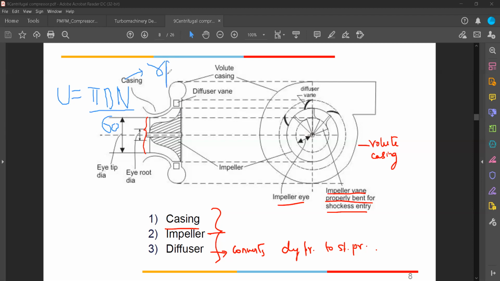N is rpm. So when there is some rotation, the rpm is going to be constant at all points, over here, over here, over here, or at the tip. So what's different is the diameter. The diameter is going to vary when we move from the entry point to the exit point. So as per the different diameter sections, we'll have different speeds. At the tip, we'll have the highest speed. At the mean diameter, we'll have some different speed. At the entry, we'll have some different speed. That's the difference you should remember while solving problems, because in problems it is explicitly defined that this is the mean speed, this is the tip speed, and so on.